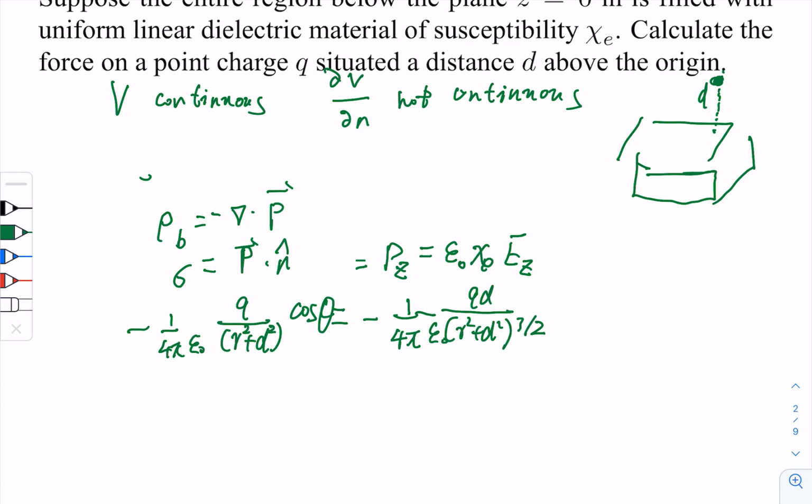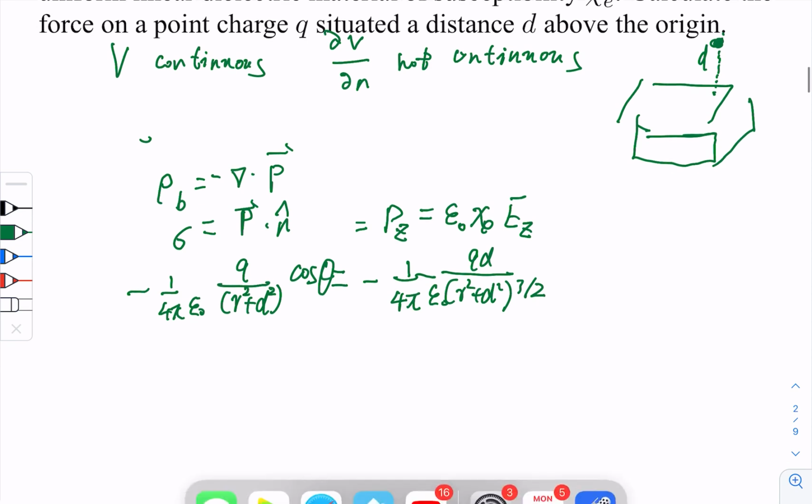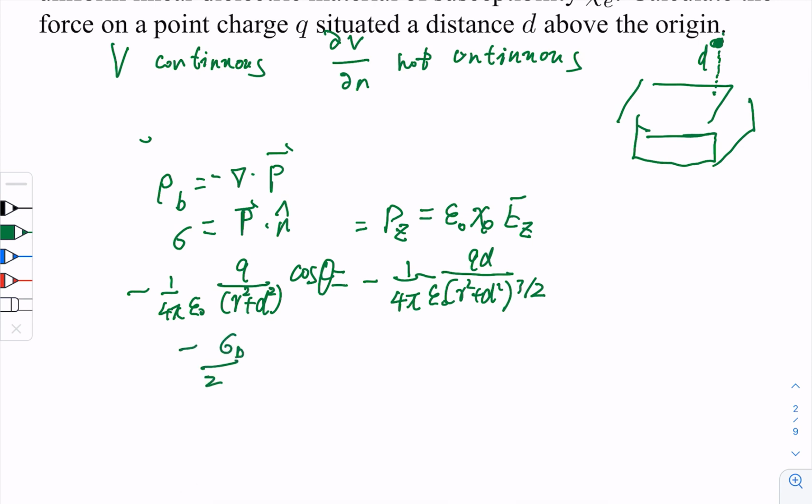So here I'm expressing the Coulomb law in terms of this point charge. And this is only one contribution to the E field. Another contribution of the E field is from the bound charge itself. We also calculate the E field due to the bound charge, which should be below this surface. It should be